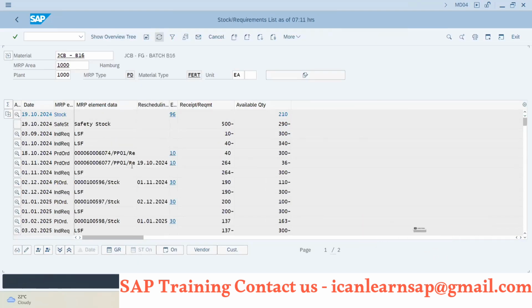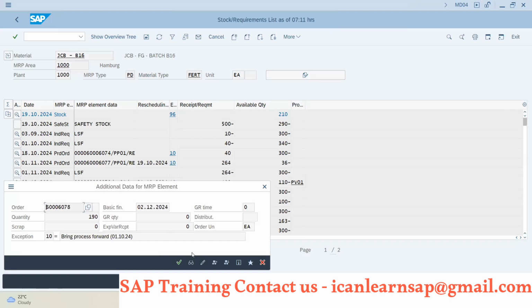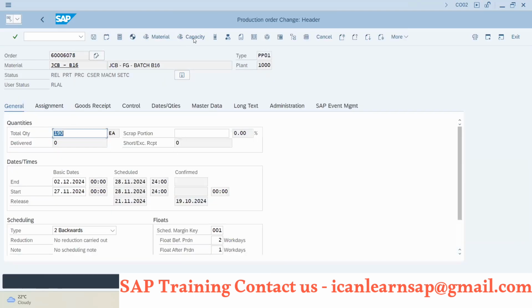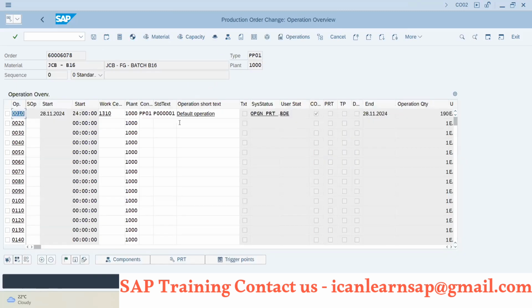If you refresh, this is your order. Now you can go to edit mode. This is your production order and your routing, which gets assigned over here.